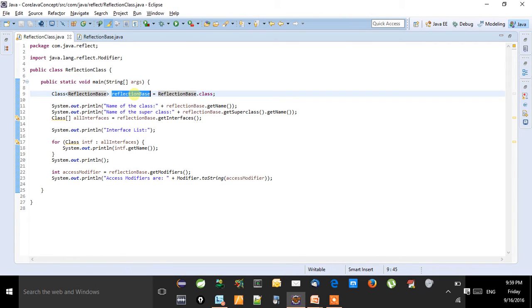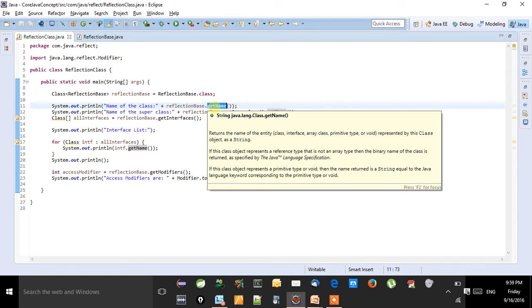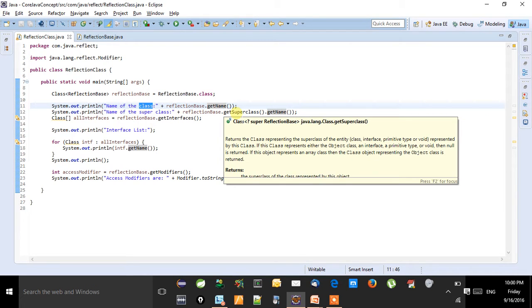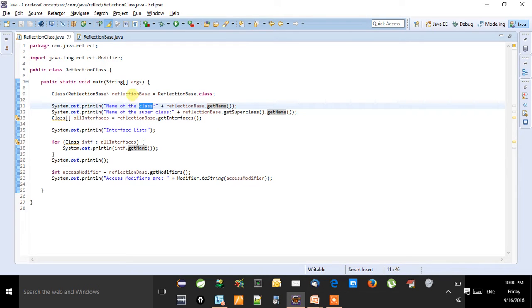By using that reflection base instance, I am calling the getName method. This method will return the name of the base class. In order to get the superclass of the base class, I am calling getSuperclass().getName() of the reflection base instance.